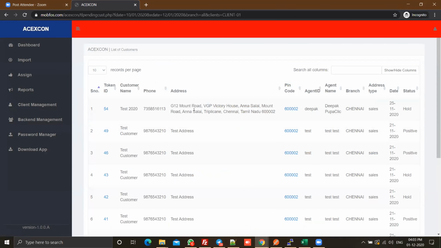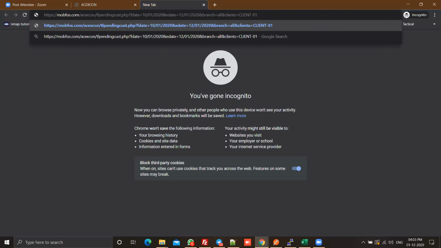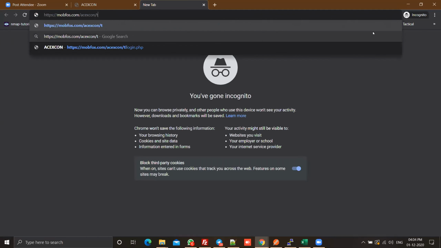Okay, so the case will be going for the team leader, and the team leader has a different login. I think we have shared those credentials as well. So let me just log in to the team leader.